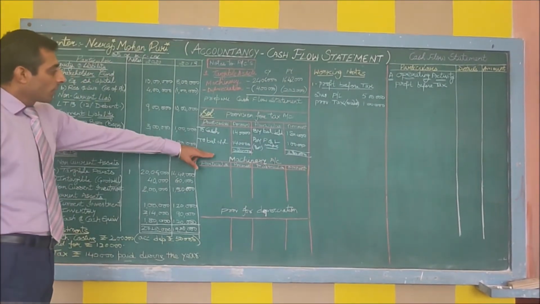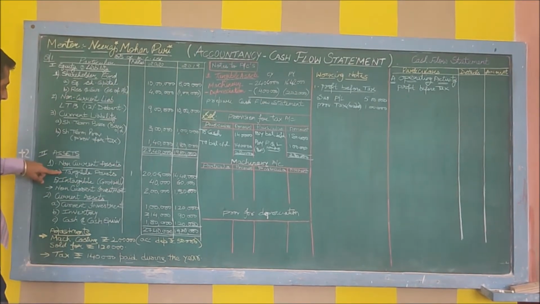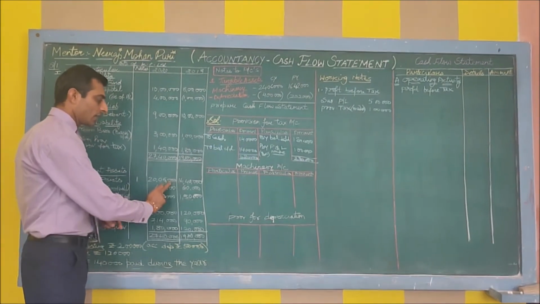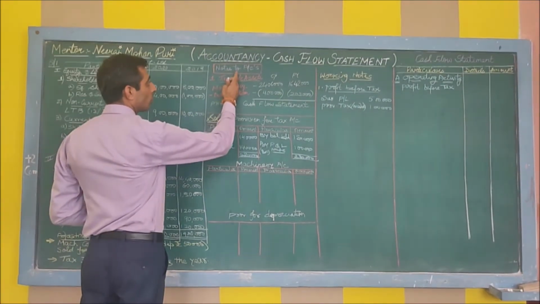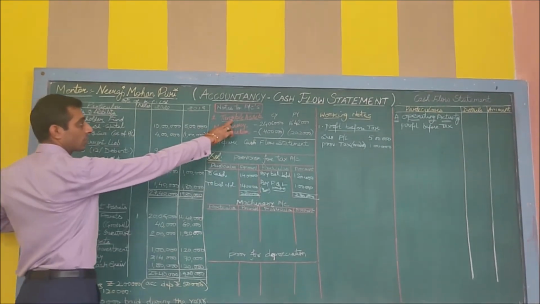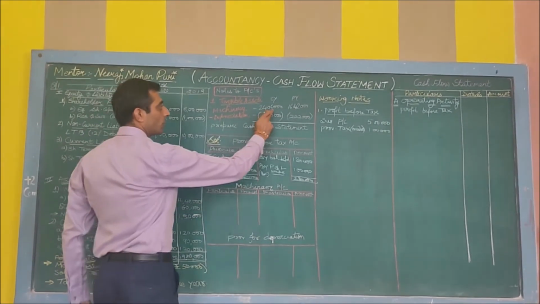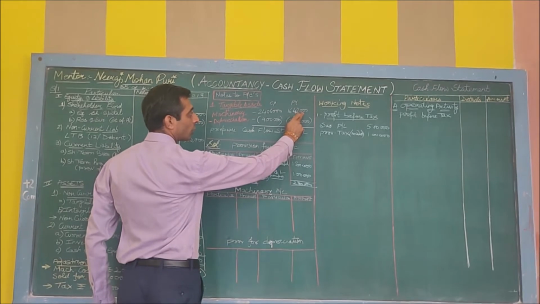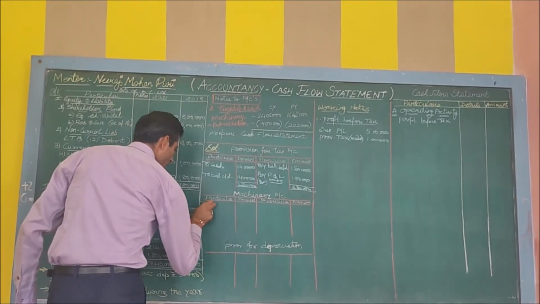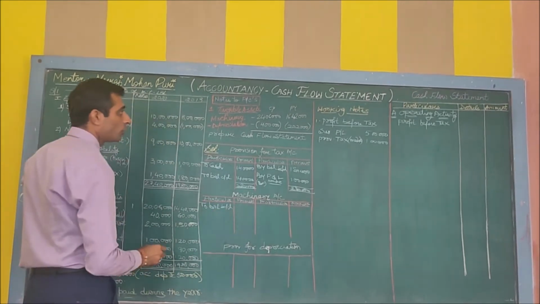After this, we have the next account, machinery account. Come to the fixed non-current tangible assets. There is note number 1. We will not take the values from here. Come to your notes to accounts. Number 1, tangible assets. See, the title is the same, tangible assets. This is an explanation, and from here we will start. Take the gross values, not the net value. Previous year will become balance brought down.